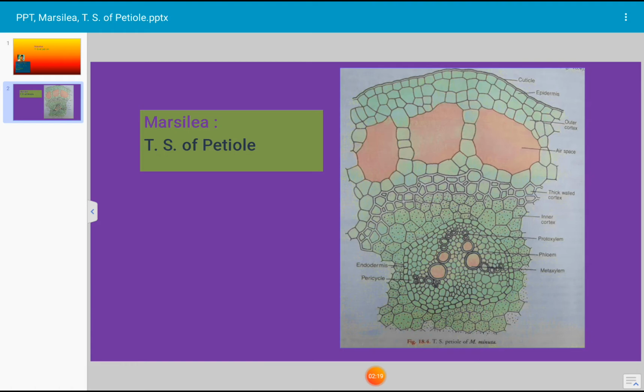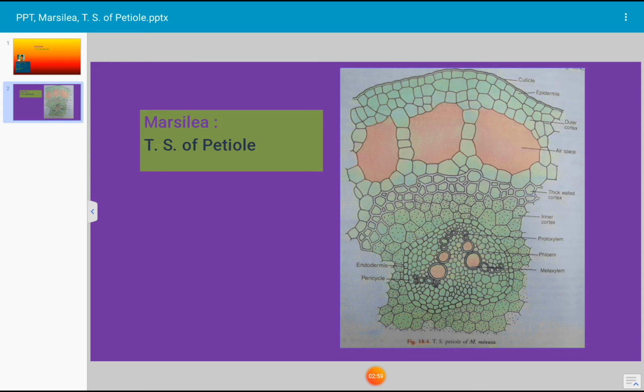And in the central region of the petiole, there is a stele. This stele is more or less triangular in outline, and the stele is surrounded by a single layer of endodermis. Endodermis is single layered, cells compactly arranged, barrel shaped. Endo means inner, dermis means skin. And the stele possesses capital V-shaped xylem,